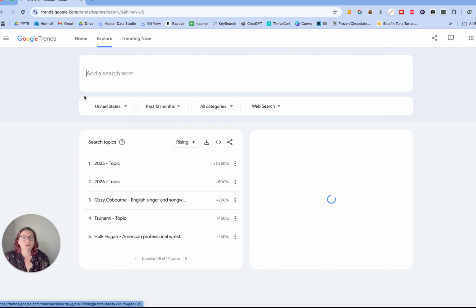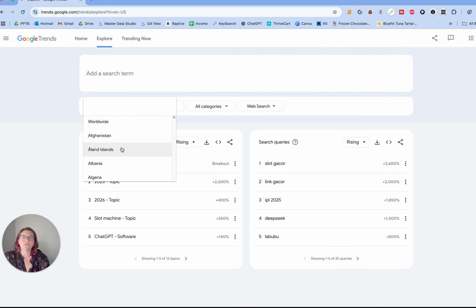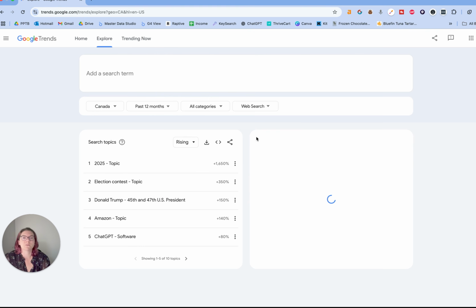With Explorer, you can just keep playing around with that. But also if you come here when it's empty, you can see, oh God, Labubus. You can see that they're here. And it'll give you trending topics for different periods of time. And if you change the location, you will notice that these will change. I do find that being in specific countries is going to give you more specific data,